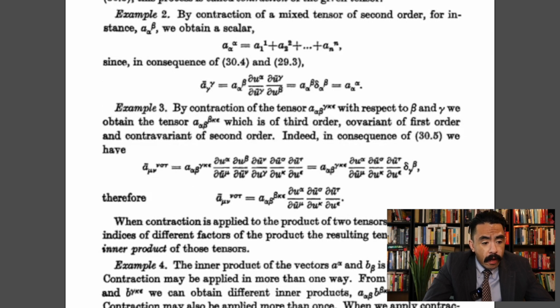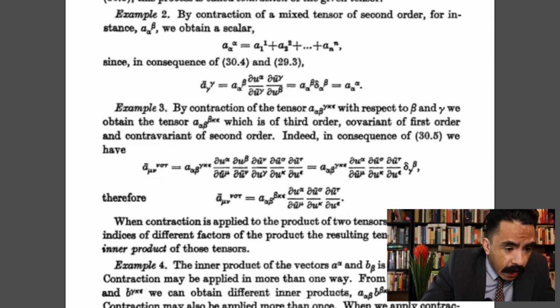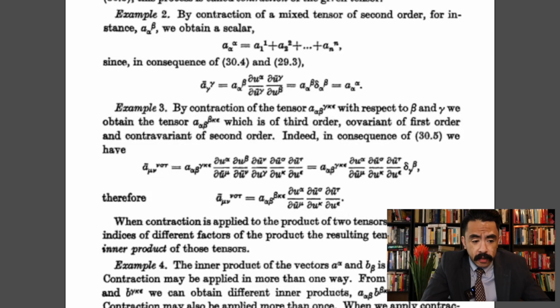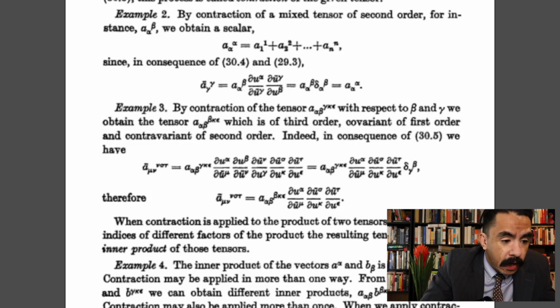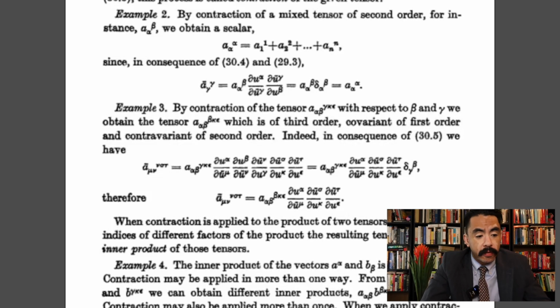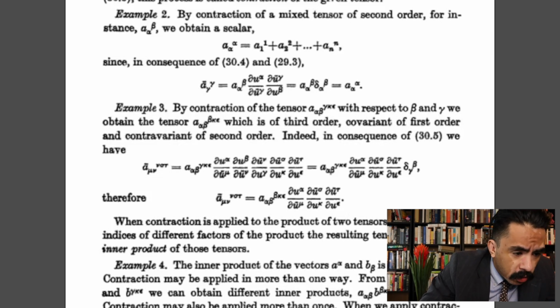Example 3. By contraction of the tensor a sub alpha beta superscript gamma kappa epsilon with respect to beta and gamma, we obtain the tensor a sub alpha beta superscript beta kappa epsilon, which is of third order, covariant of first order, and contravariant of second order. Indeed, in consequence of the transformation law for mixed tensors, we have that a over bar sub mu nu superscript nu sigma tau equals